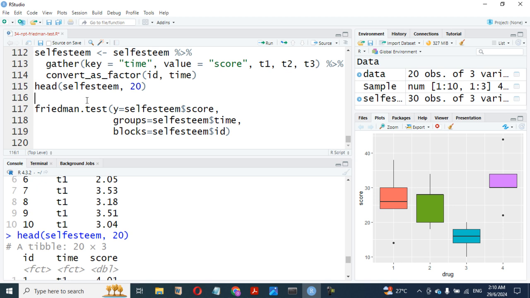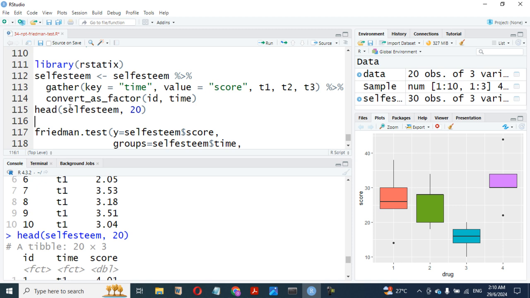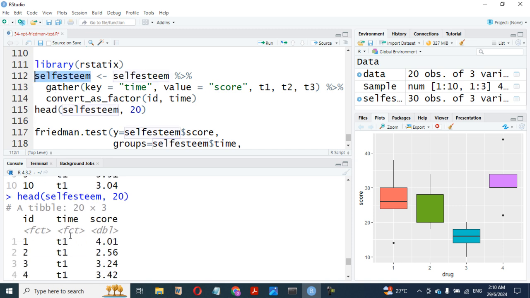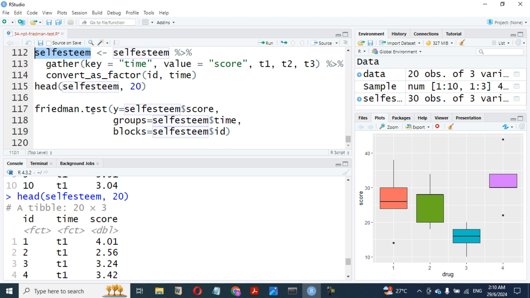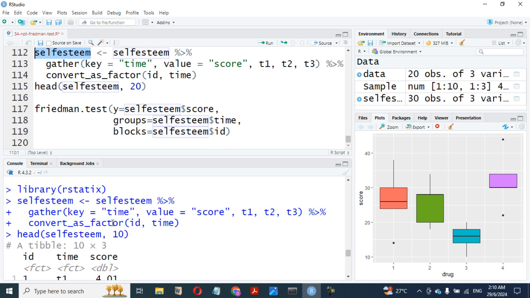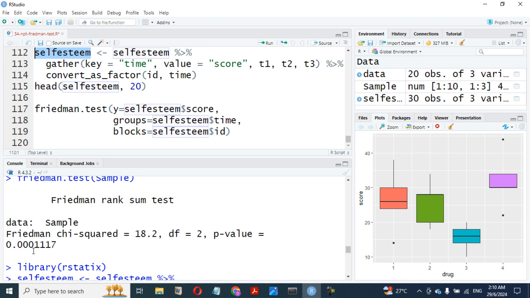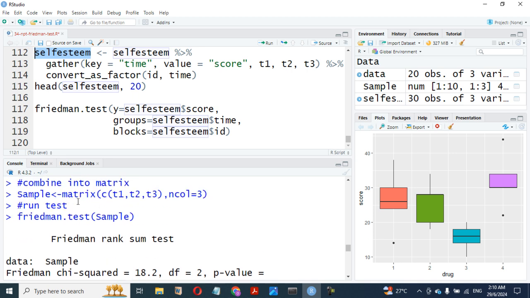So let's try and run this ANOVA on this again. Now that we have created our new self-esteem data in this form, like the former one we did before, we want to use that method now. Don't forget we got 0.000111 here when we used a matrix method because of our data structure. Now we can use the same method here. We are using method 1 here now